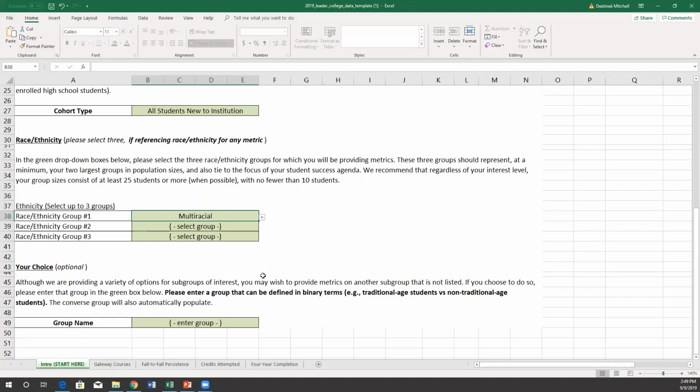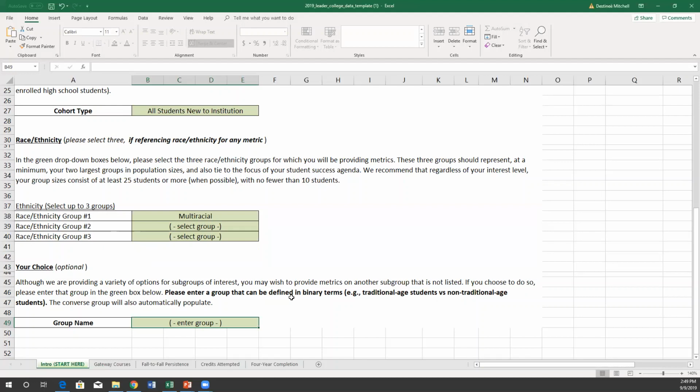And then there's also a your choice. So your choice is, we've had institutions come to us and say, well, we're looking at traditional, non-traditional age students, the example that I give here. Anything you enter in this box will be defined in a binary term, or as I refer to it, a dichotomous characteristic. In other words, you can split into two groups, which will default to your group and not your group.